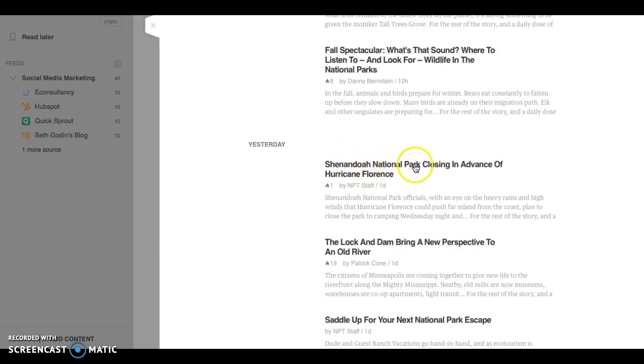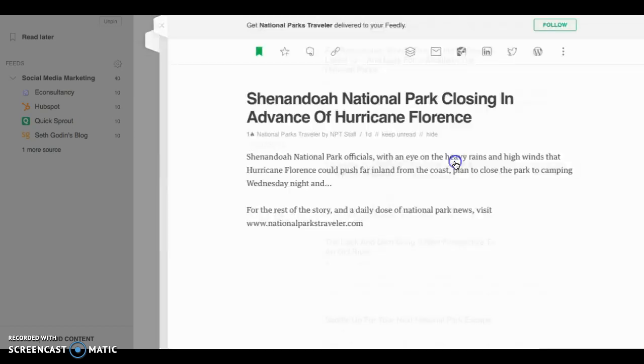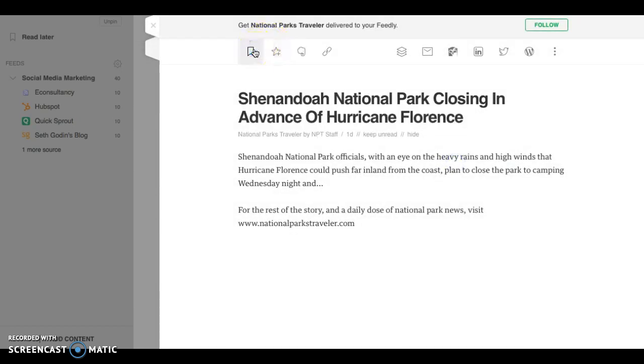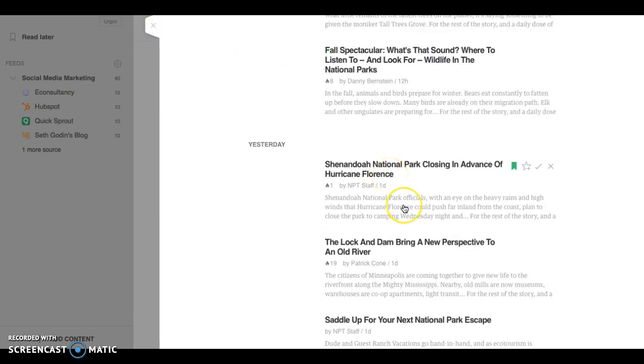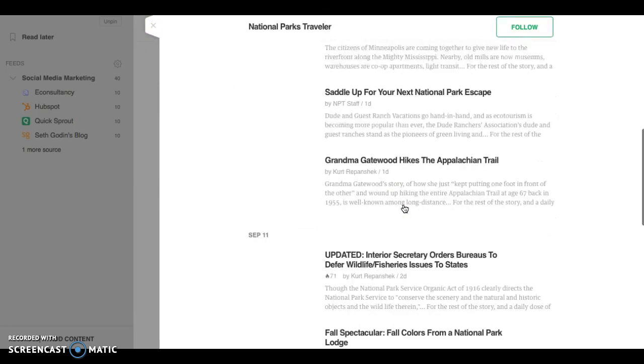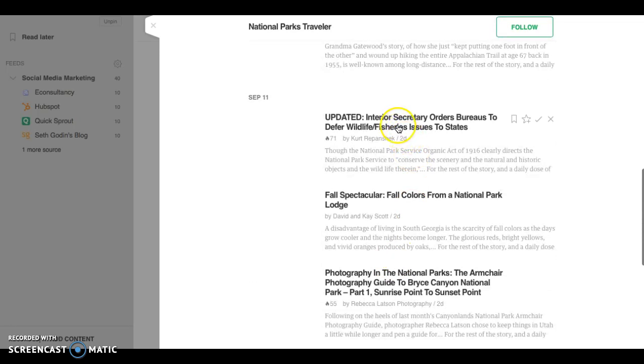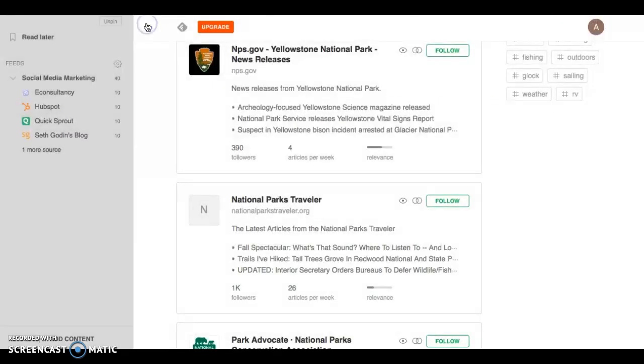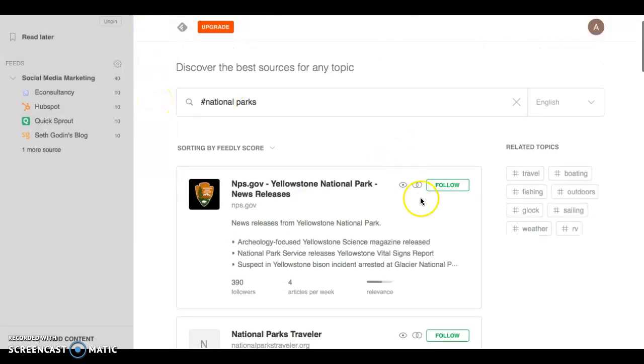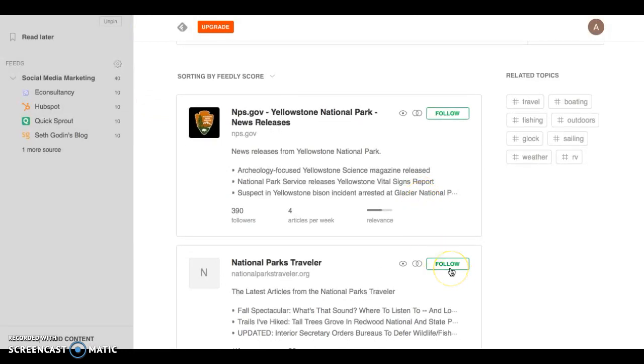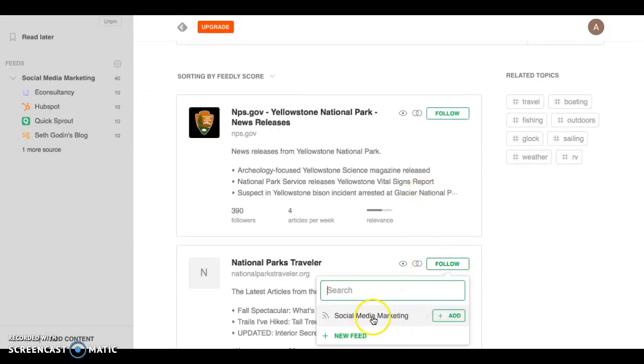Oh, Shenandoah National Park closing in advance of Hurricane Florence. It looks like a really cool article. So we're gonna go ahead and bookmark that one, so we can see that one later. Perfect. Okay. So, but I also want to follow this one,